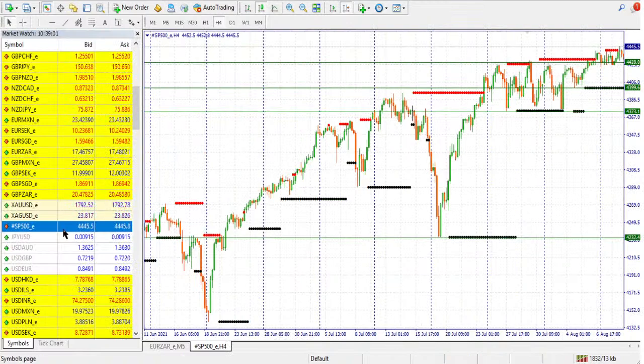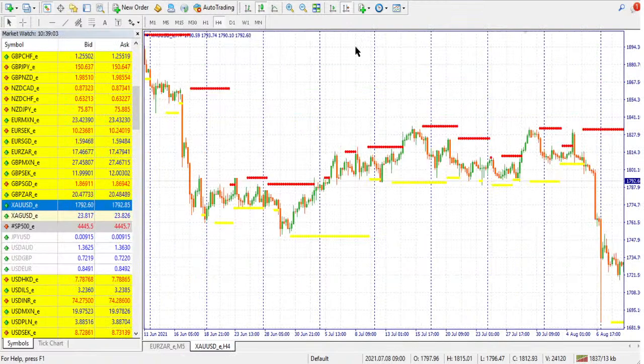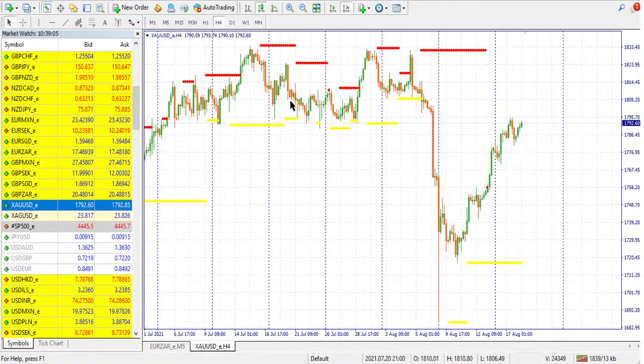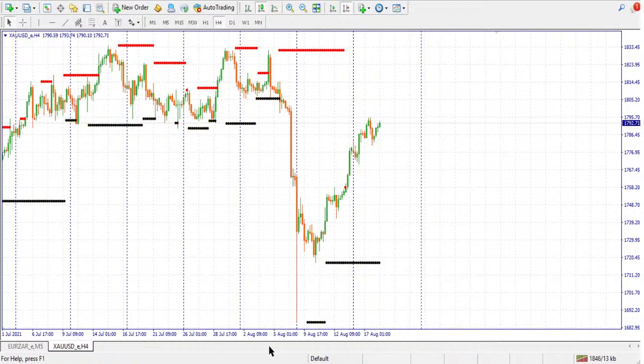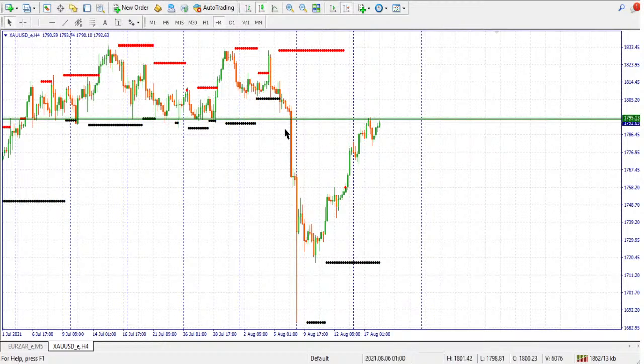The other symbol is gold. So gold so far, it looks like the price is bullish, but I'd like to say that this is a sell place where the price is now. It's a very good place to look for sell from. If you leave the indicator outside temporarily, you can see that we have a very good support level here from around 1795.13. This here is a very good support, and we have a resistance here,